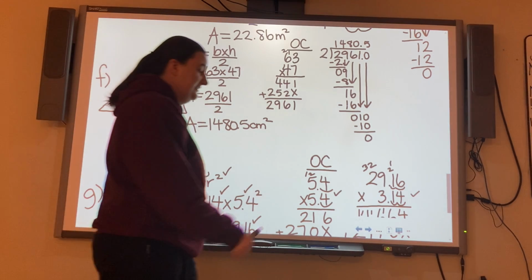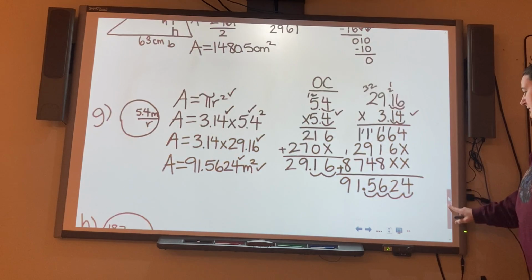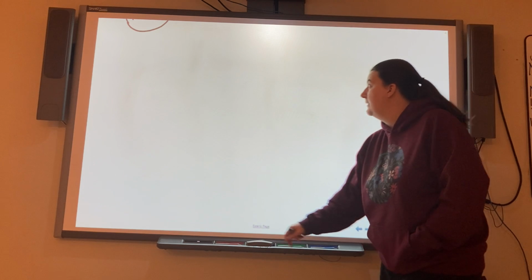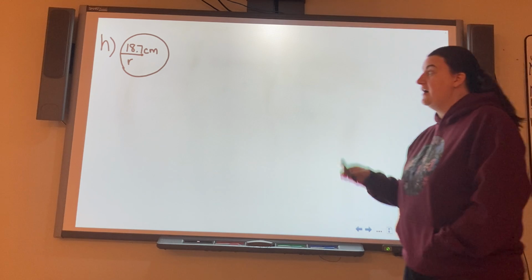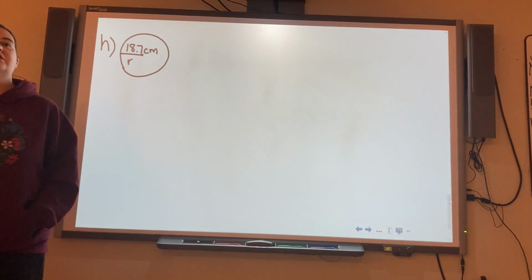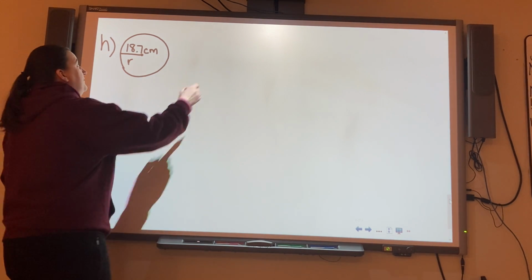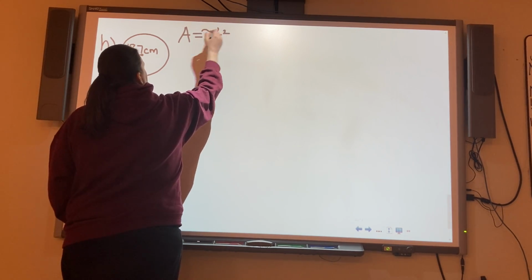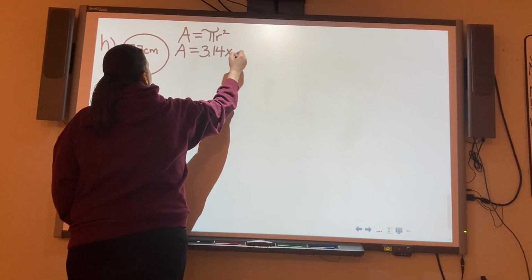All right, and last but not least, we've got to do our circle. So, there you go. So I already know it's the radius. I don't need to do anything to the circle before I use my formula. I have the radius already. So area equals pi times r squared. Area equals 3.14 times 1